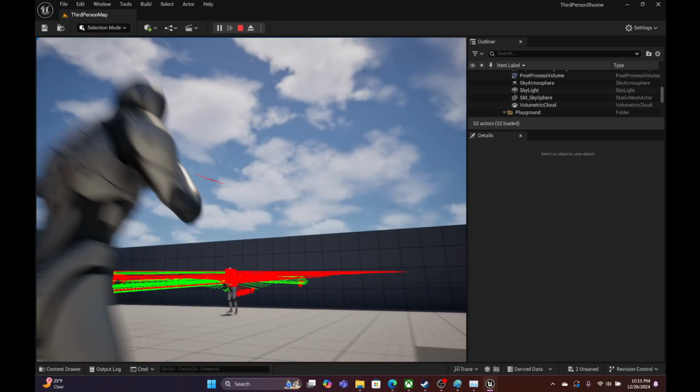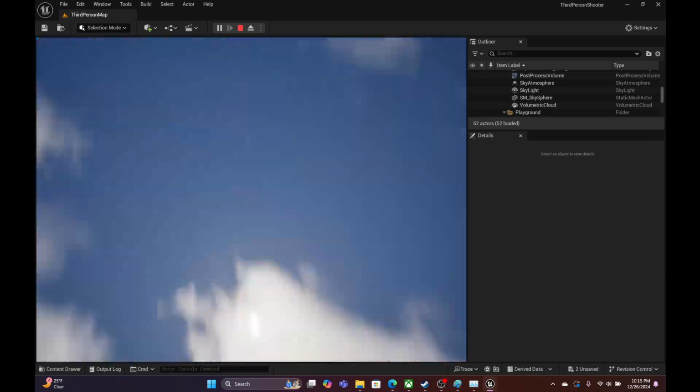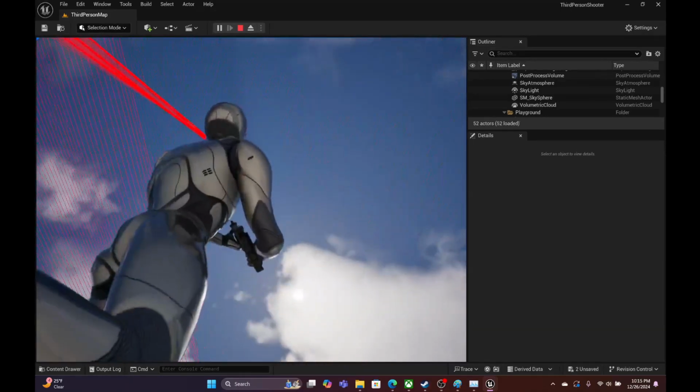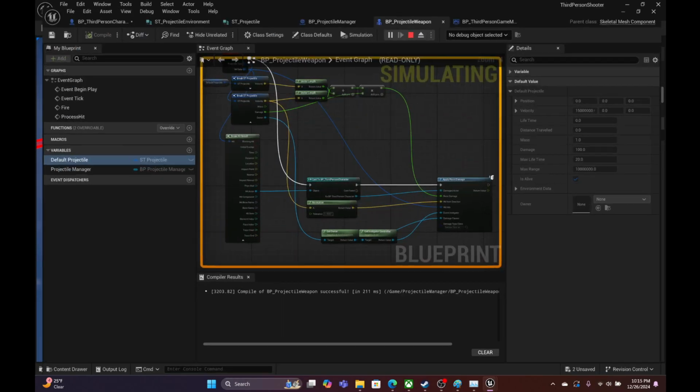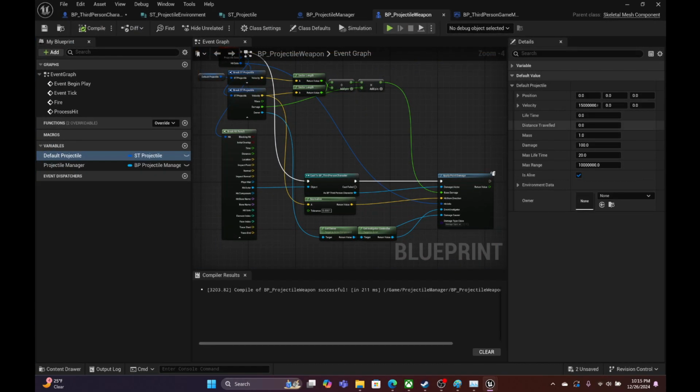We have the ability to apply physics. We have the ability to apply custom physics. If I wanted to flip the gravity direction or have a random gravity direction, we could do that, which is part of the goal of this. I wanted to have the ability to have a character get out, walk around on a planet, and shoot a gun, and the projectiles are affected by the planet's gravity,